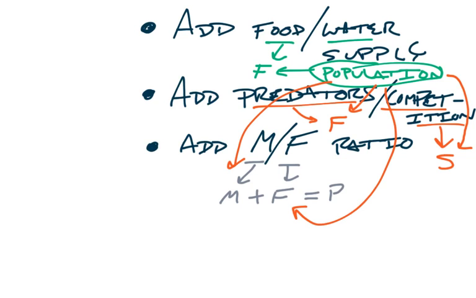And there is a theme that's going on here with all three of these bullet points. And that is that in order to add any one of these three new factors to try and make our model more realistic to an actual wild bunny population, we're going to have to be able to model a second population. Whether it's the carrots, or the water supply, or the foxes, or the squirrels, or even just looking within the bunnies themselves and looking at the male population as acting separately from the female population, growing and changing separately from the females. In each one of these cases, we're going to have to be able to model a second population.